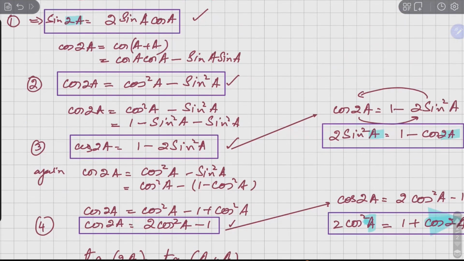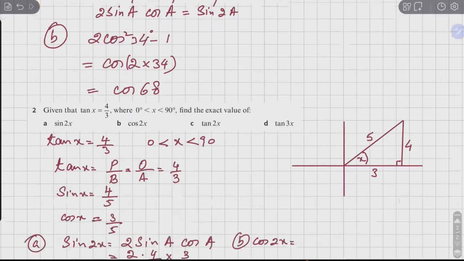ये जो formula number 2, formula number 3 and formula number 4, all these are the identities for cos of an angle 2, 2 time of angle, double angle. You can use either of the formulas. If you use cos 2a, it is 1 minus 2 sin square of a, यानी इसमें सिर्फ साइन की वैल्यू लेंगे, और cos 2a इसमें सिर्फ cos की वैल्यू लेंगे। ठीक है, तो आप कोई भी फॉर्मूला ले सकते हैं।